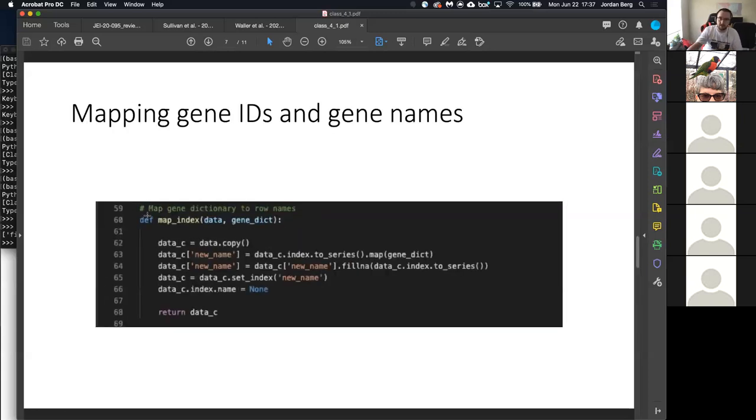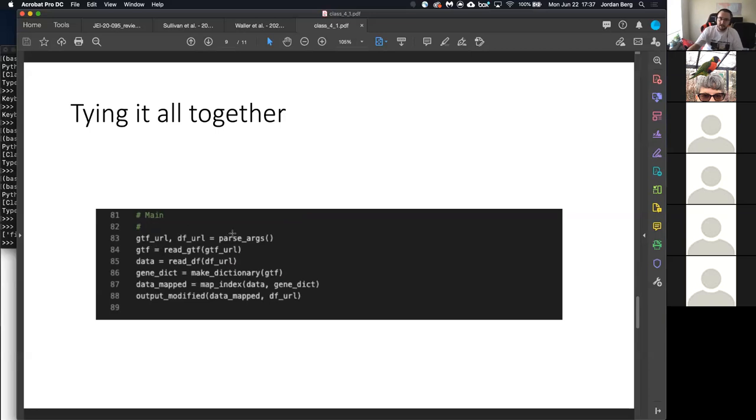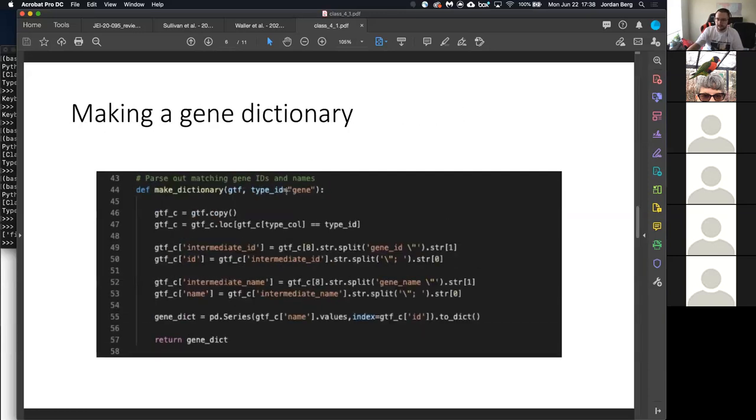So before, whenever we were defining these functions, it's reading the function into memory to be able to be used within the script, but it's not actually executing that function yet, which we're going to be doing down here. So here I get those user inputs from the arguments. I read the GTF data frame from the file, read the gene count data from the file. I create that gene dictionary using the GTF. And here I didn't use that optional type ID variable because I'm fine with just getting